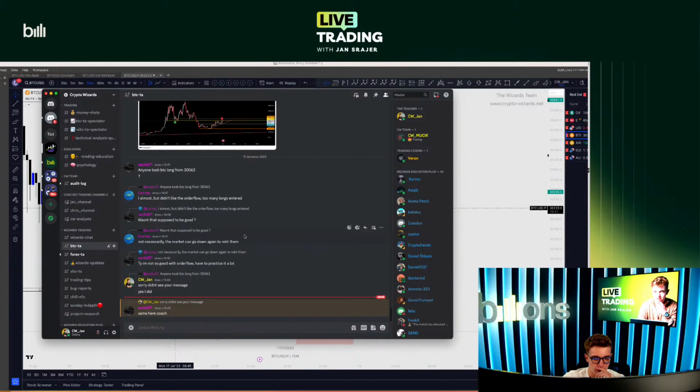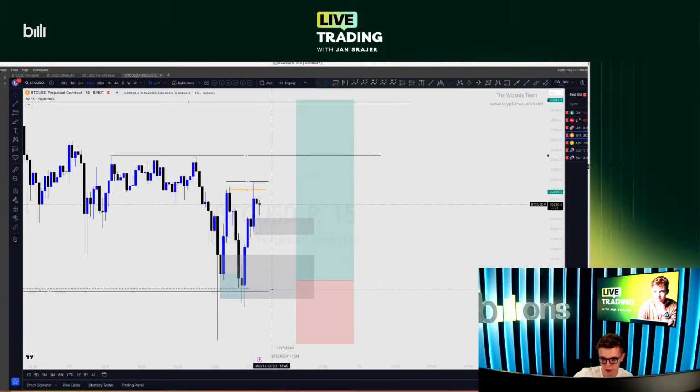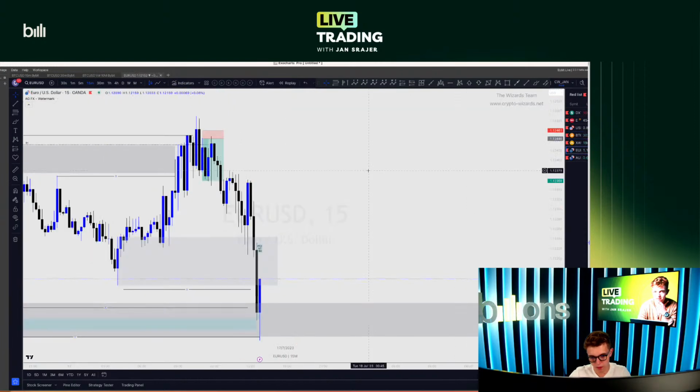The market can go, it wasn't supposed to be good. I almost took the order flow, but I didn't, because too many longs entered. As someone said here, when you have a lot of longs on your POI out of the level, if it goes up, it's great. If it's not moving at all, then most likely there's an absorption and you will get another move down. In this case, we went up, so it's not really going against us. But it creates liquidity below you. So if we go down now, then most likely we will be taking out these lows that formed here. Oh my goodness, there is a strong push on EU.